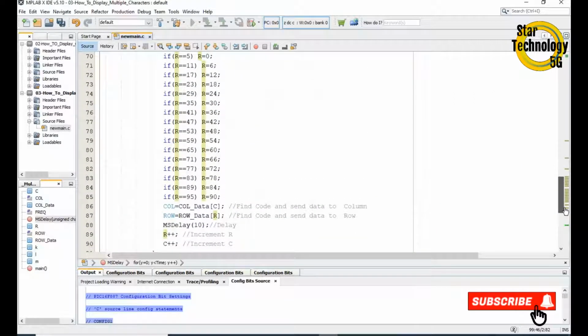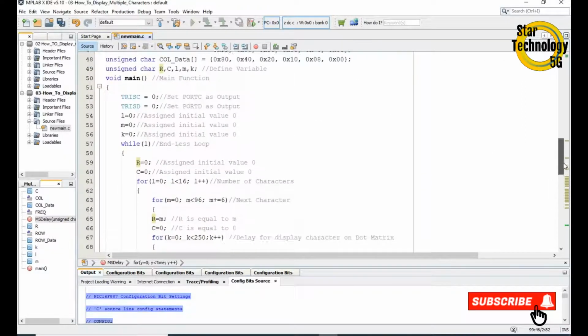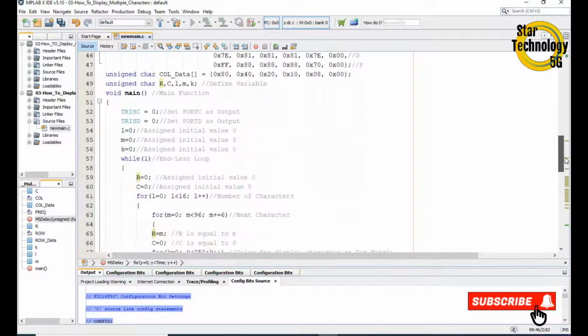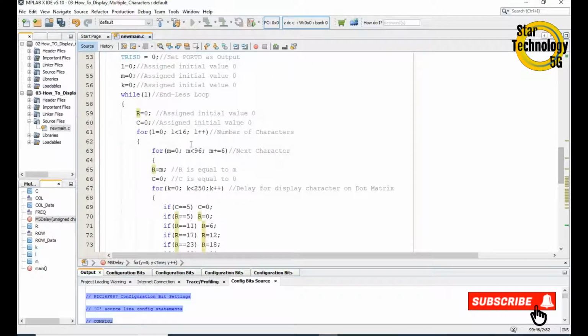As you can see, it will send one by one character data and display on the dot matrix display. And if you want to increase the number of characters, you can change this for loop, and you can change this number of the M.